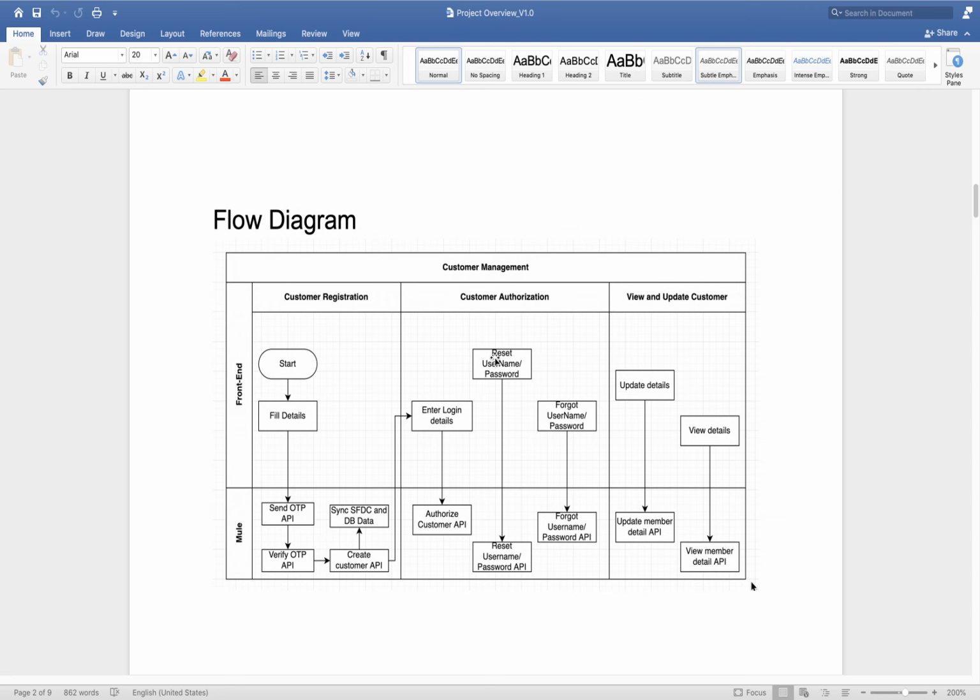Then from the front end we will get a request with the username and mobile number or email address, and we will update that username. We'll send OTP, yes, we need OTP also. We will verify that customer, then change it, and send a confirmation message on SMS or email.